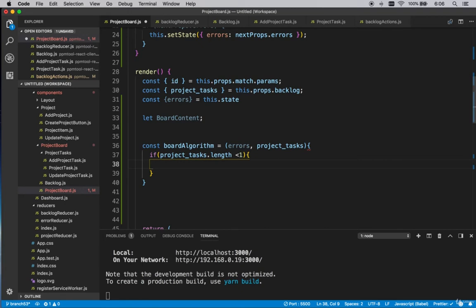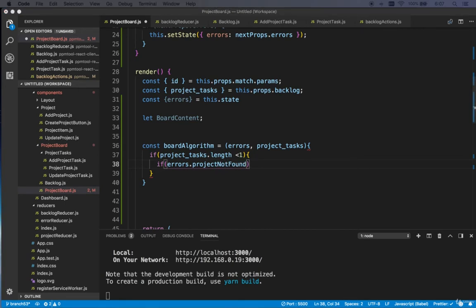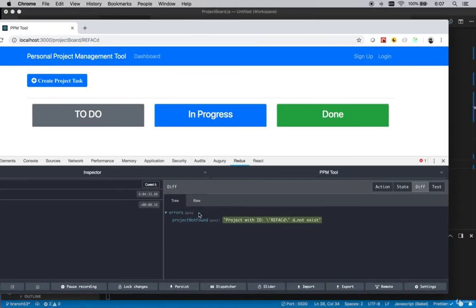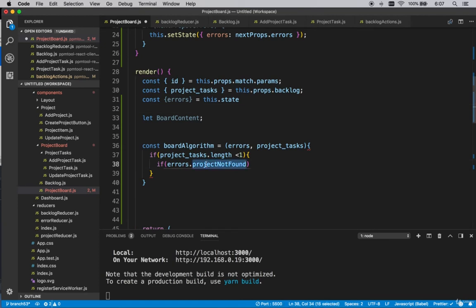Okay, then if we have errors.projectNotFound, and let me just make sure that that's the right thing that we're having on our state, this right here. Actually, I'm just literally gonna copy and paste it. Errors not found. If we have this,